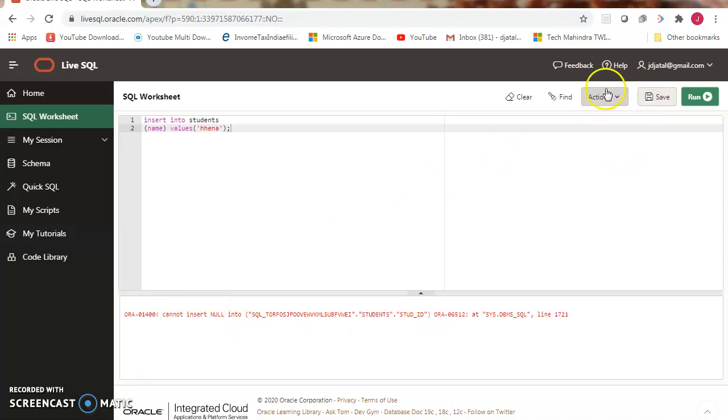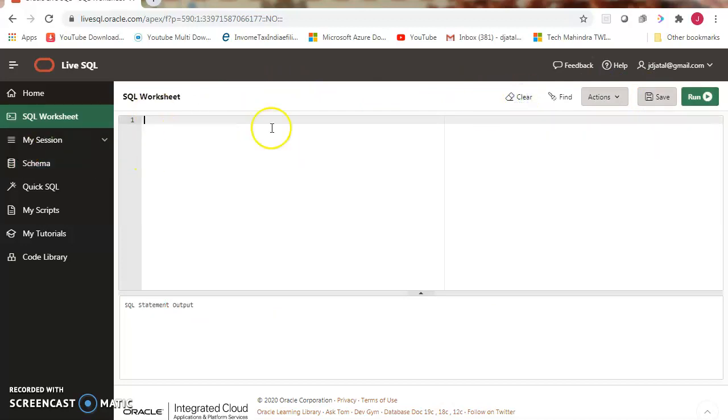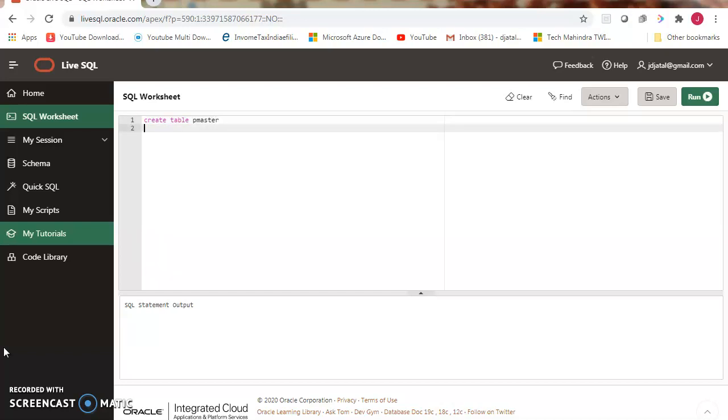Okay, now I am creating a table with a primary key constraint to show how to set the primary key that we discussed. Create table P master. Suppose we are using the table P master. Its column product number, number, its size.